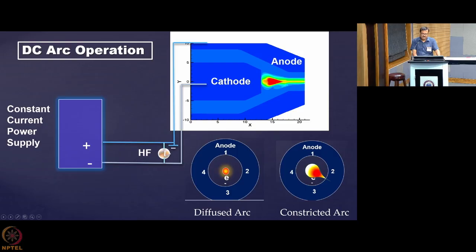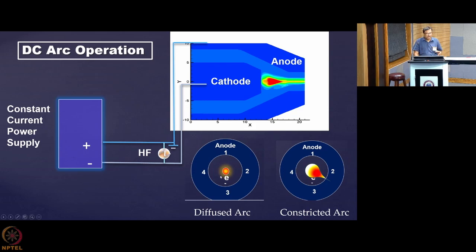I have taken 4 points, 1, 2, 3 and 4, just 90 degrees apart, and I am asking you, suppose one electron is emitted by the cathode from the center, then where will it go? As a physicist, you know that all the points 1, 2, 3 and 4 are at the same potential, because they are made of copper in most cases, and copper is a very highly conducting metal. Now the electron is emitted exactly from the center, so it is confused where to go, but it is a single electron and it can go to a single place.